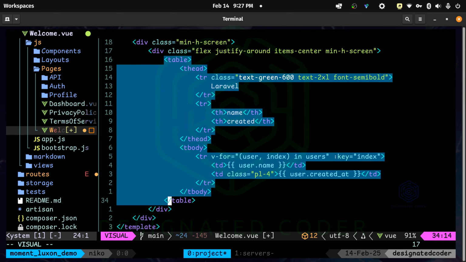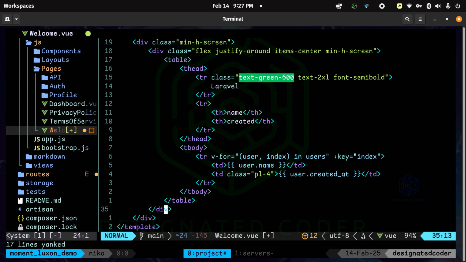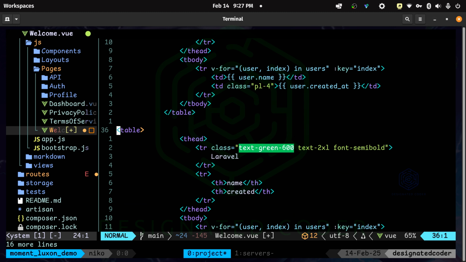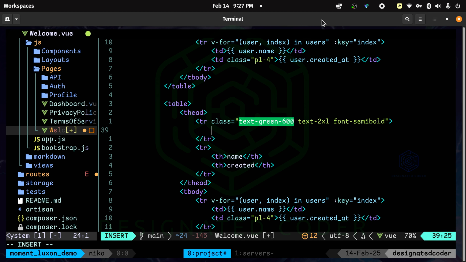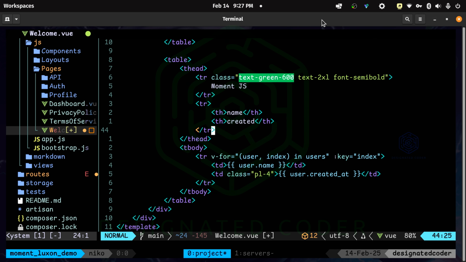So let's come down here. I am going to copy this table, and under here, I'm going to paste it, and then we're just going to make the appropriate changes for it. So for the title of this one, I'm just going to call this one Moment.js so that you know which one it is. The name created at is the same. So is the info that we're looping over, which is the users.